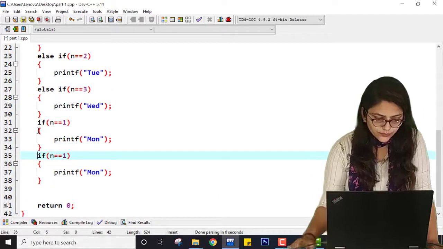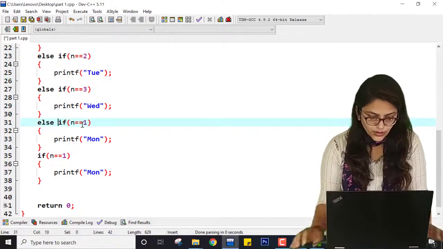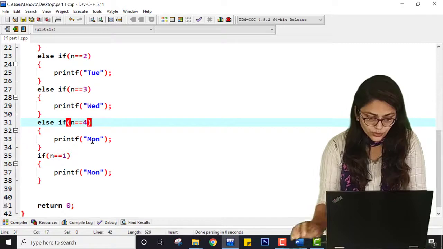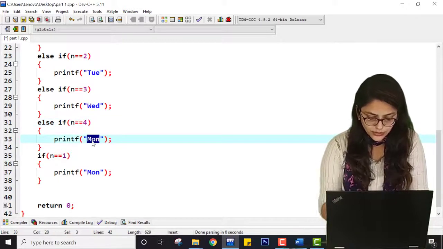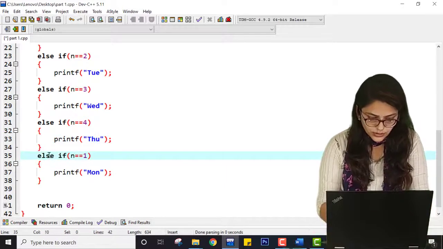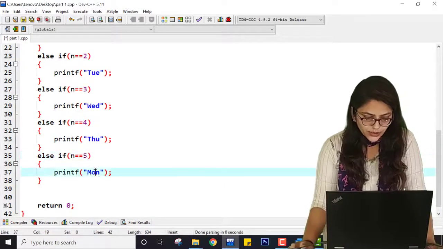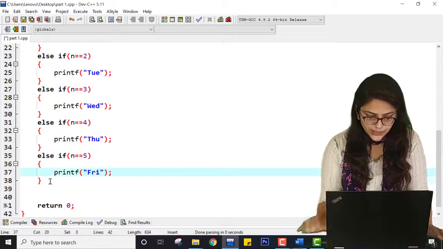Here it will be else if. If it is 4, then it is Thursday. If it is n equal to 5, then it is Friday.